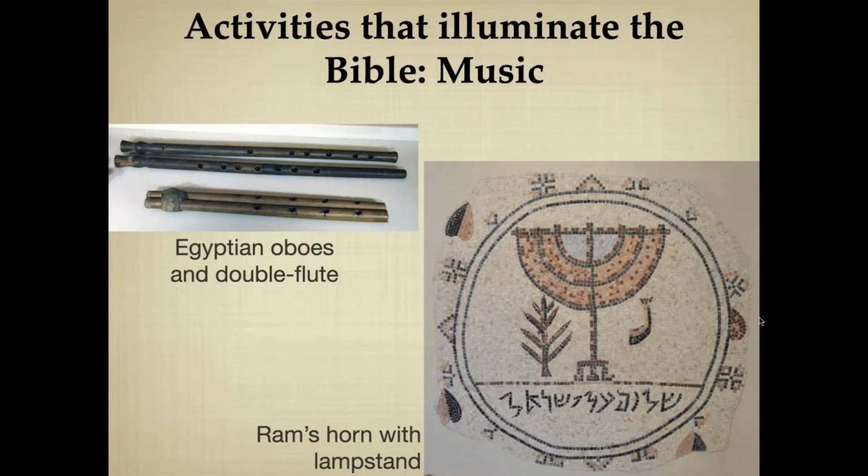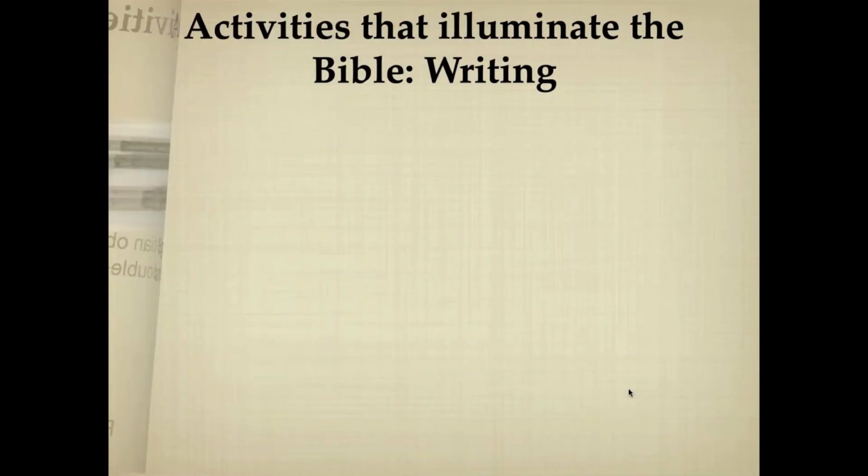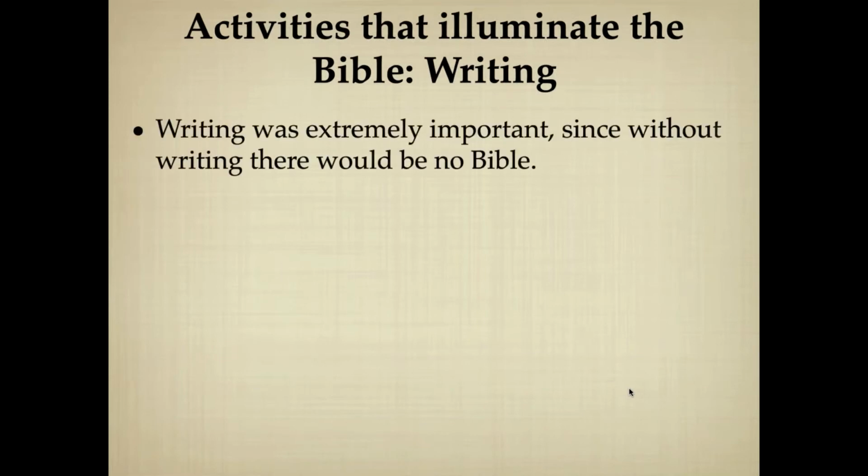And so this shows a blowing instrument. These are both examples. So music is mentioned quite a bit in the Bible. One more thing we have to do is writing, that illuminate. What about illuminating the activity of writing? Writing was very, very important, because without writing, we would not have a Bible, or at least not a written